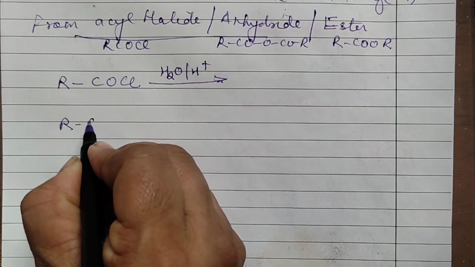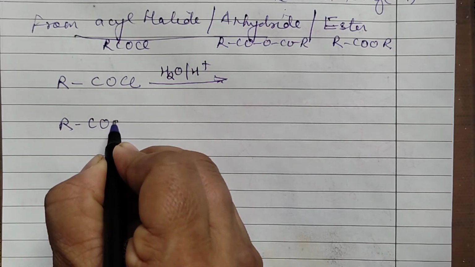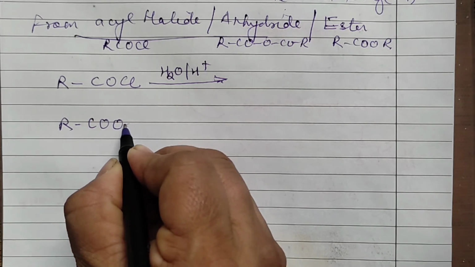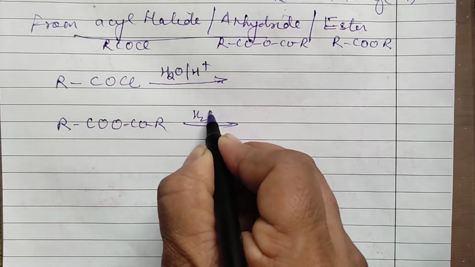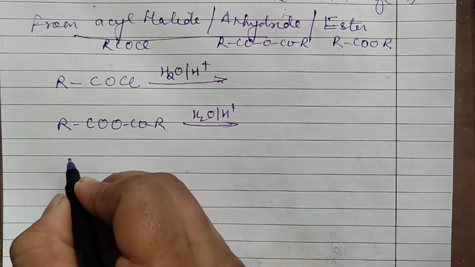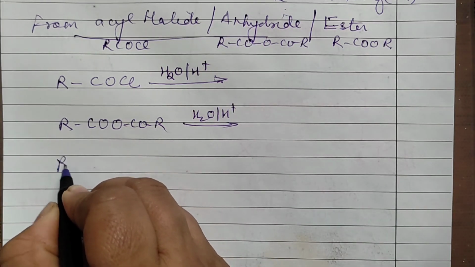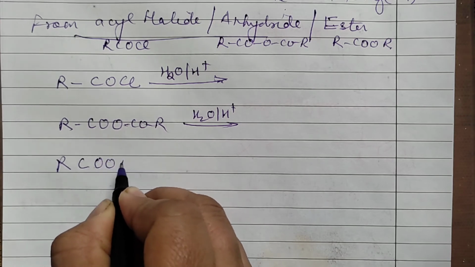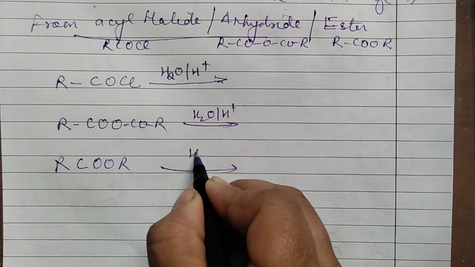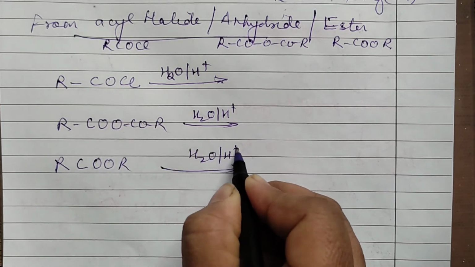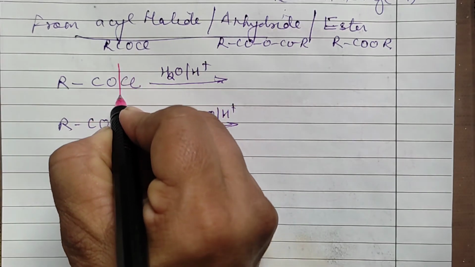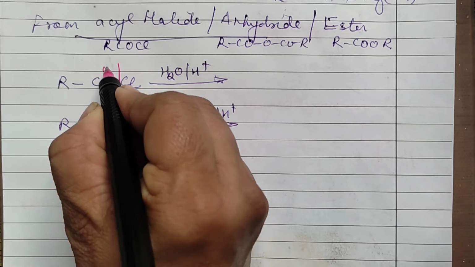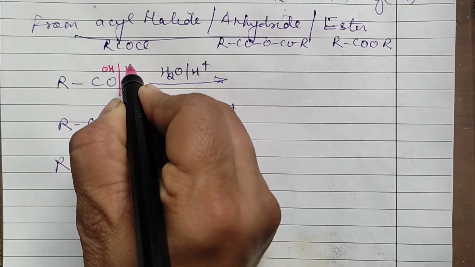So it is, say, RCO and I am showing in a similar manner, COR, same way, hydrolysis in the acid medium. I am writing for ester also, RCOOR. If you carry out the hydrolysis, then what will be the products? Now, let us write down. In all the cases, very simple. Just break this bond. You will have here OH and H.